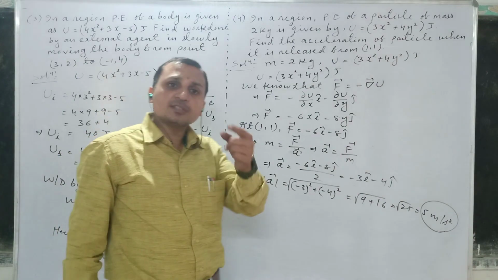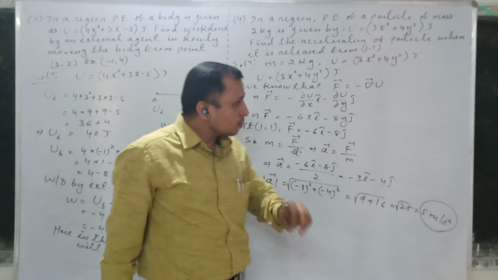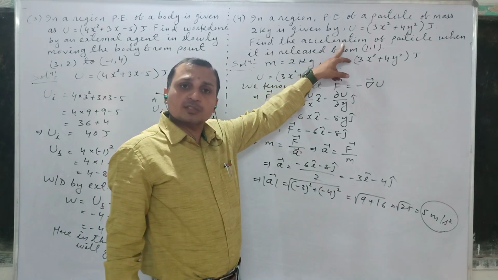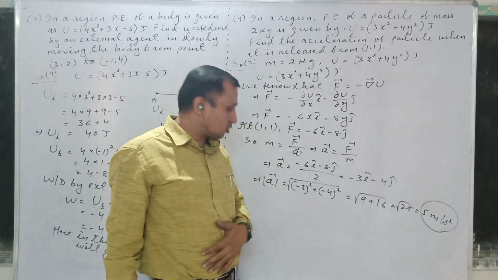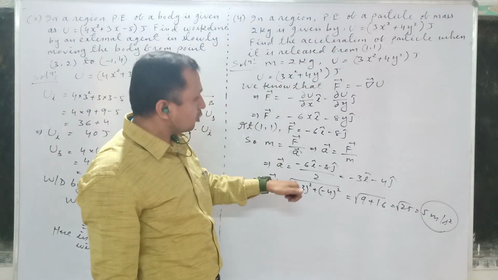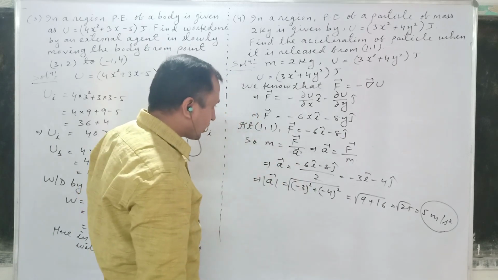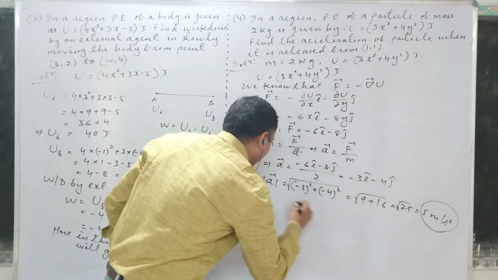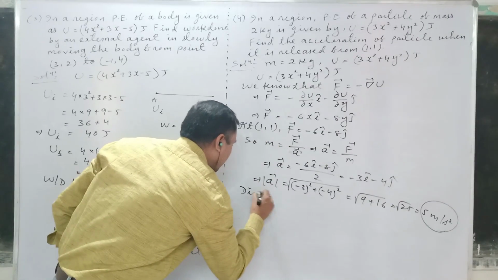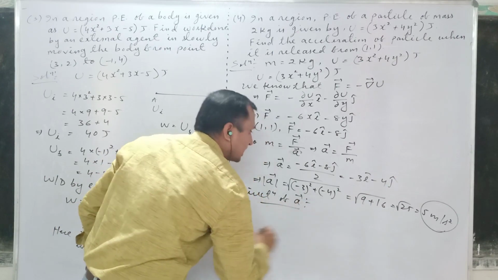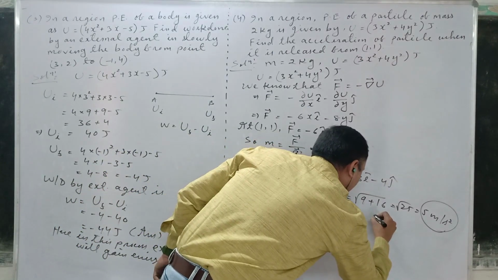But we know acceleration is a vector quantity. In some questions it can also be asked, find the direction of acceleration. So if you want to find the direction of acceleration, that theta value you have to find out. So how can you find it? See, suppose I am writing the direction of acceleration. Yes, see, here I can take it in this way.